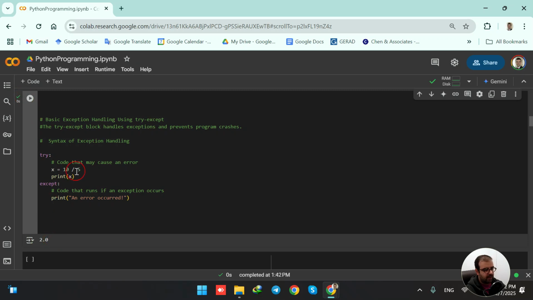You see it here. But if there is an error or a problem, it is going to say, okay, there is a problem, let's throw an exception. This is the except part being activated, and this error is shown in the output. So this is basically how we can use basic exception handling with the try except block to handle exceptions and prevent program crashes in